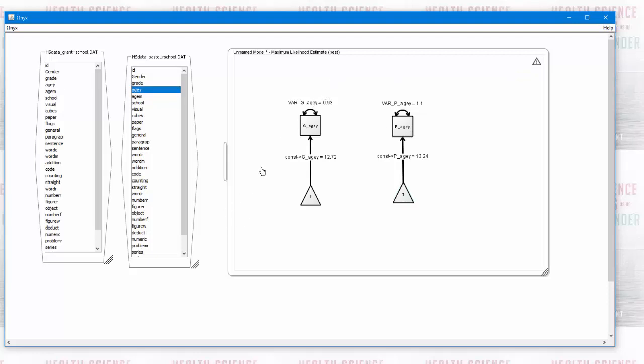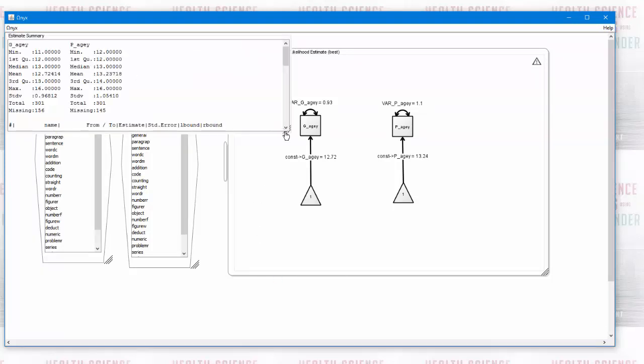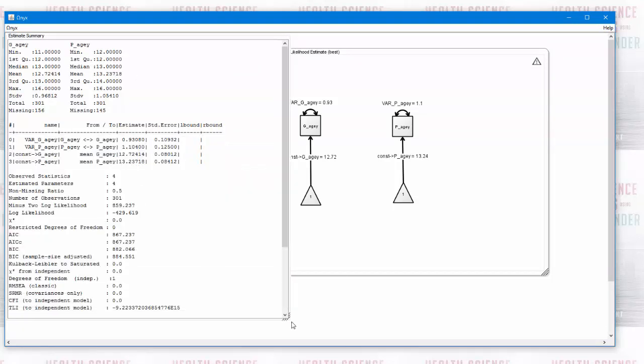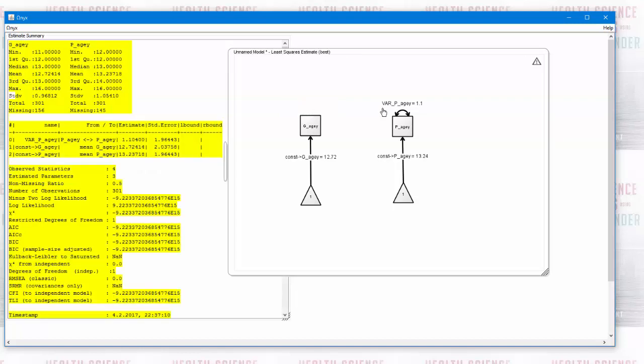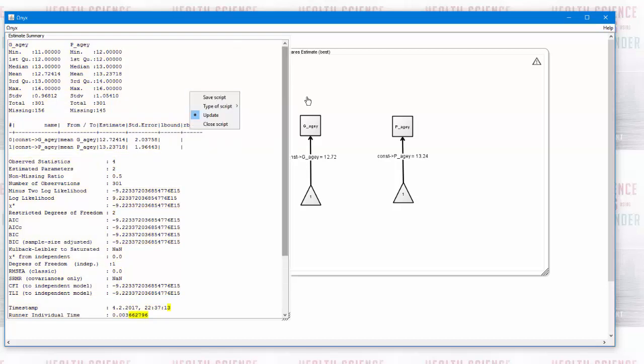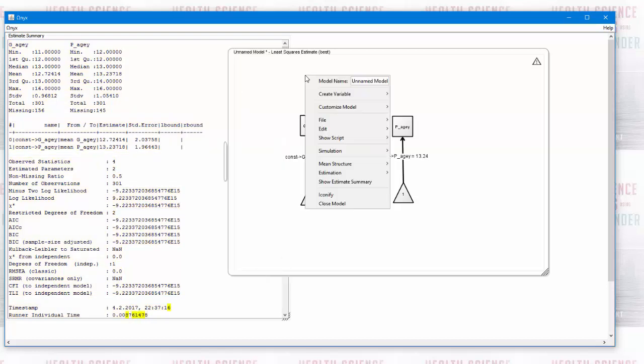So if we actually look at the values here, by going to the window, show estimate summary, we'll see chi-square is 0, because they're independent models, so we've got nothing to compare them with. And you will see I get exactly the same values if I change this to a latent variable. So remove that, we'll get rid of that. And we create two latent variables. So create variable, latent,